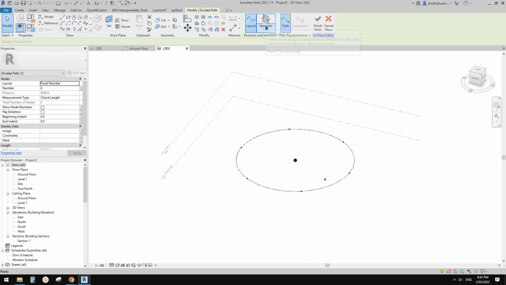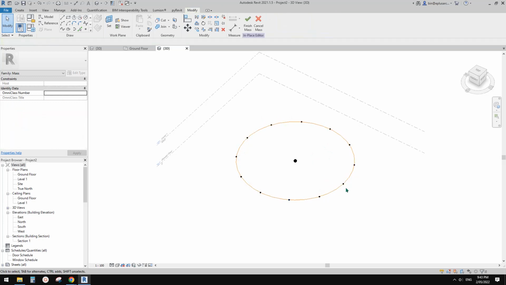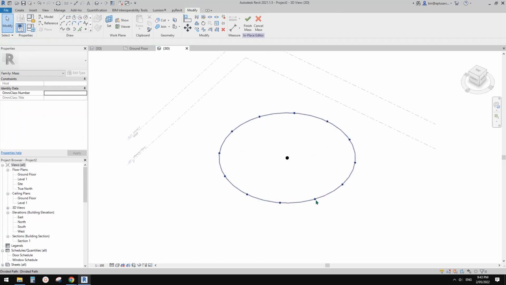Okay, so now this is one reference line circle, and then select this circle, and we can use divided path, and then we can type in a number. So for example 12. So now we have 1, 2, 3, 4, 5, 6, 7, 8, 9, 10, 11, 12. So 12 points on this circle. So we can then place adaptive